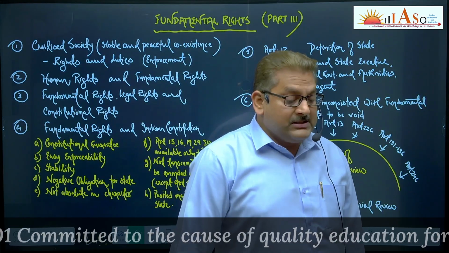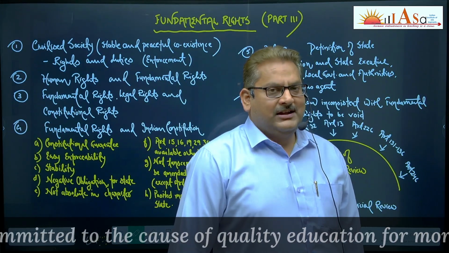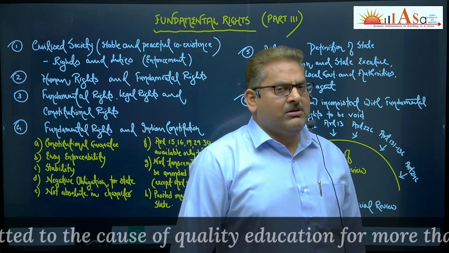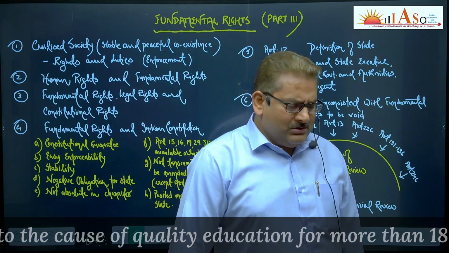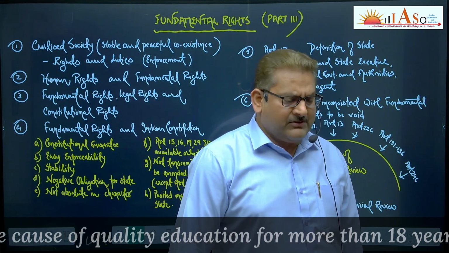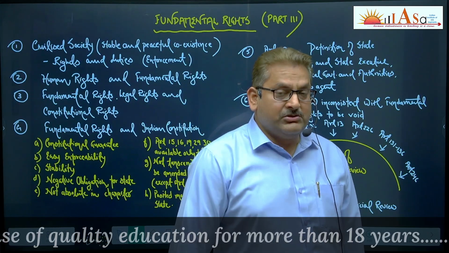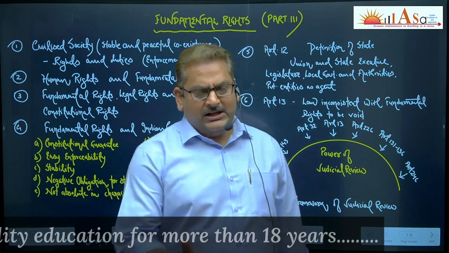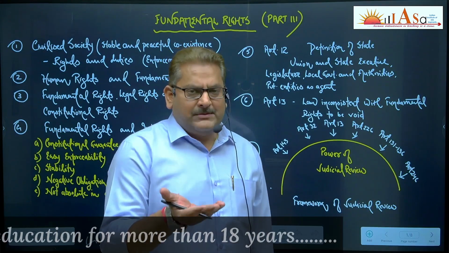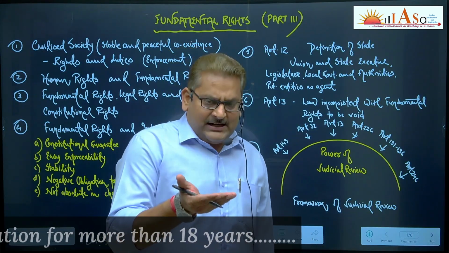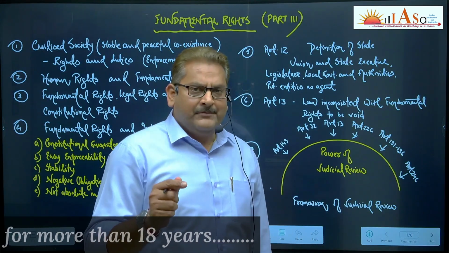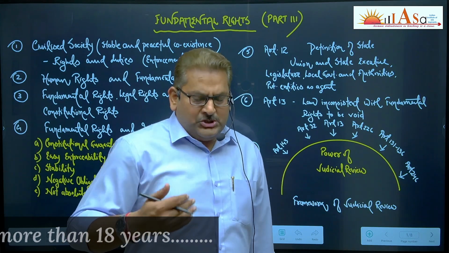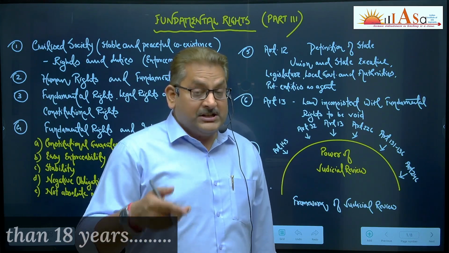they also respect the similar rights of others. It means it is impossible to think of a civilized society without some kind of collective acknowledgement of rights, duties, and obligations on the part of individuals and groups. So when we think of civilized society, we think of a stable and peaceful society. And this kind of society is possible only when individuals enjoy their rights and they also respect the similar rights